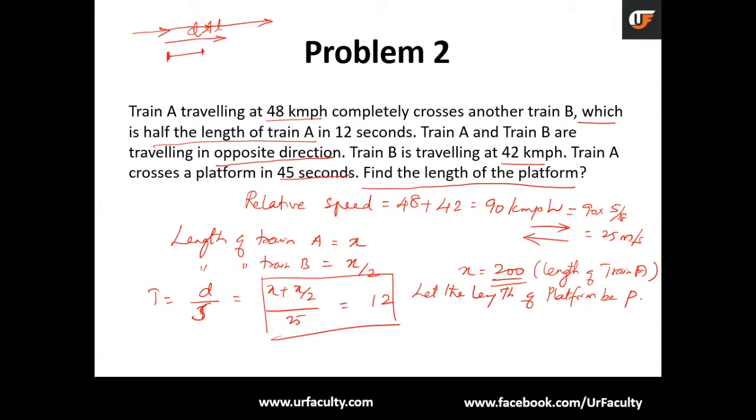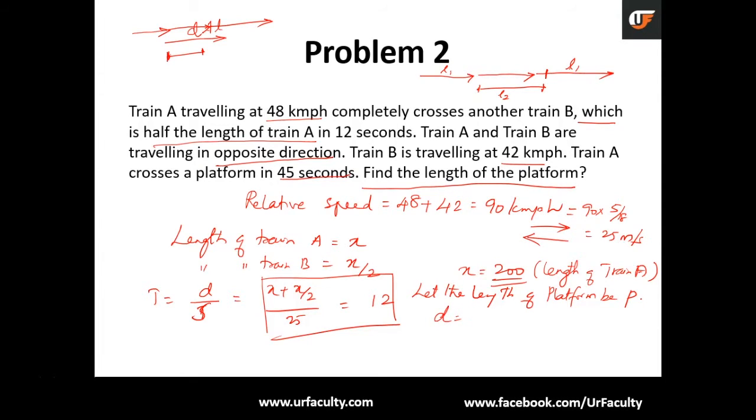I repeat this. There is a platform and the train starts coming in, L1, L2. So it first touches this point and it goes on, and again it continues until the point where the last compartment, the end of the train, crosses the platform. So here the distance is basically L1 plus L2, because it is the sum of the length of the train plus the length of the platform. So what is our new distance in this case?